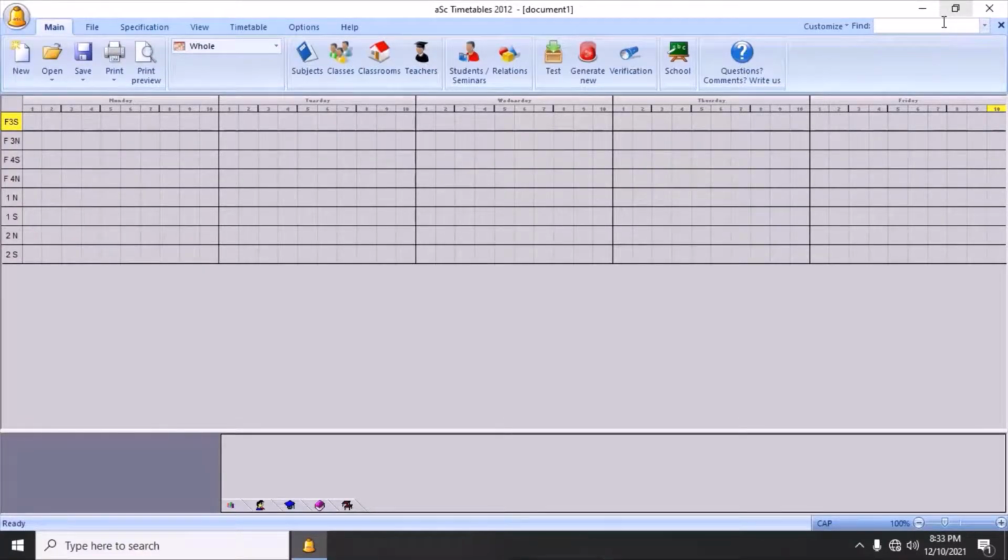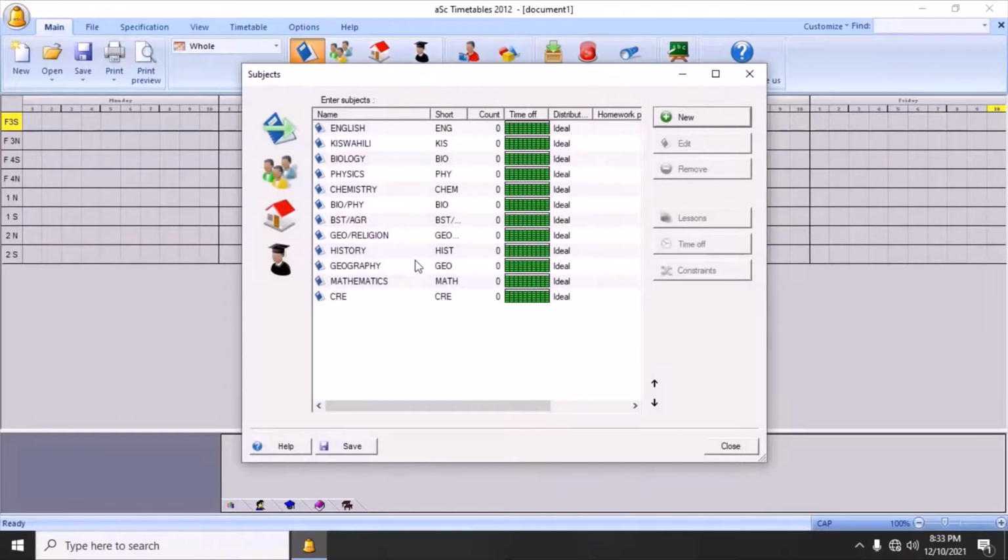Different schools have different subject combinations that they offer to their students depending on the availability of human labor force, infrastructure, that is classrooms, among other factors. So the different schools will offer different subject combinations depending on those factors. Therefore, when you are creating your subjects to begin with, you must ensure that you create the combination that your